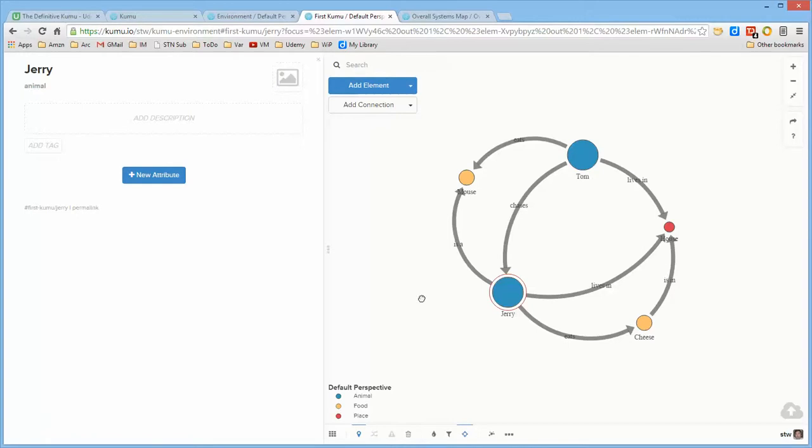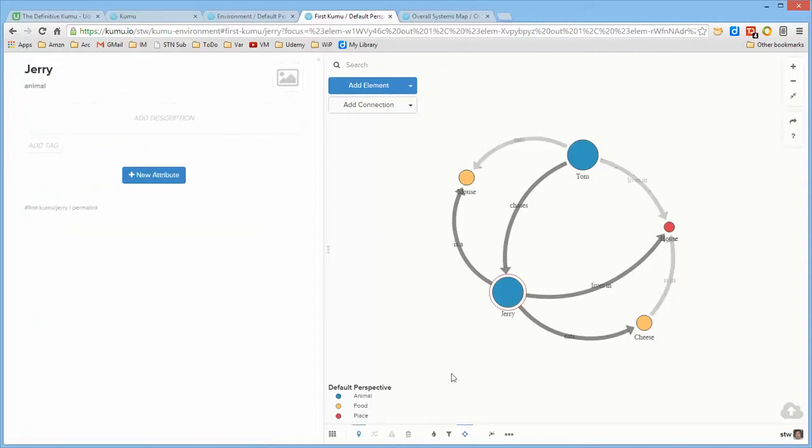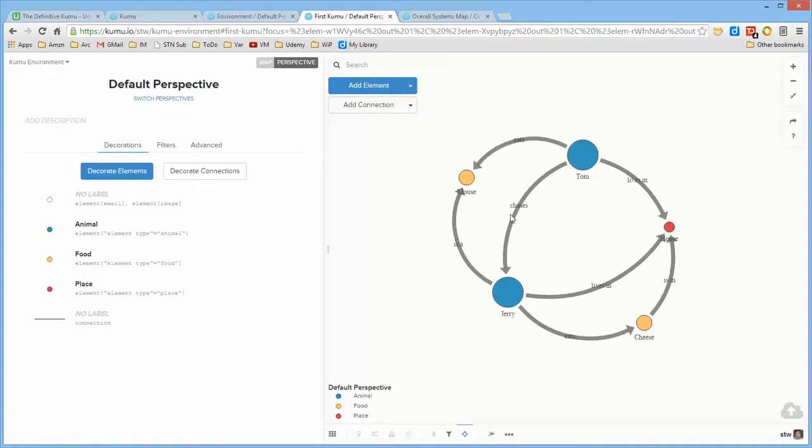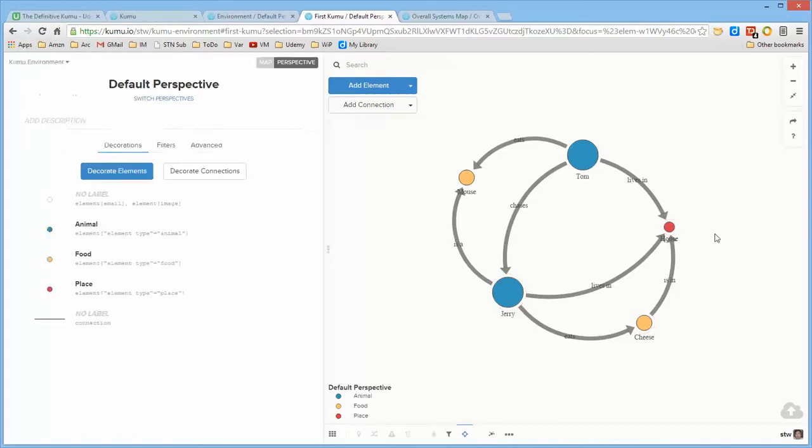Then talking about the way that you can go to perspectives and decorate the elements and the connections, and also the option that's down here on the menu to decorate them either individually or some selection of them that you might make holding the shift key, so that you could select a number of elements and decorate them together collectively. Talking about a number of the tools that you have to work with,